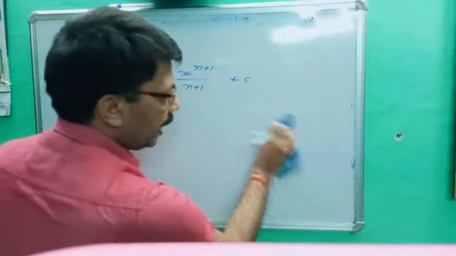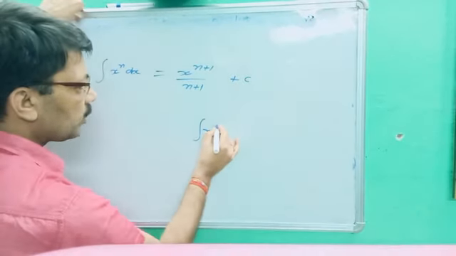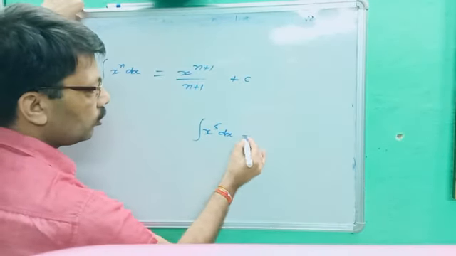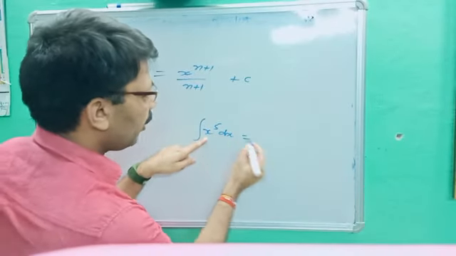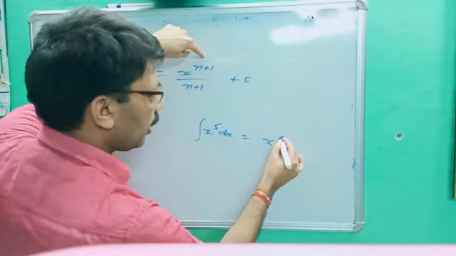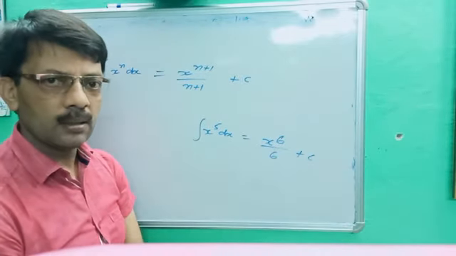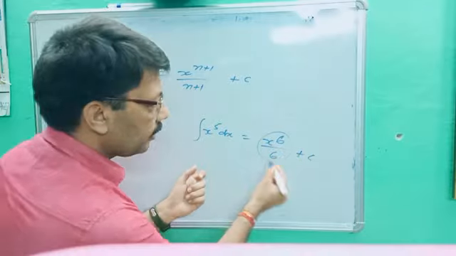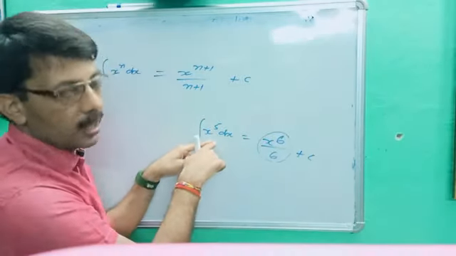Okay, I will put one example in front of you, then we will go ahead. Let's suppose you are given the integral of x power 5 dx. You have to integrate. What will be the integration? It becomes x power 5 plus 1, which is 6, upon 6, plus any constant c. Are you getting it? If I ask you to differentiate it, you differentiate. Its integration is that one, so its differentiation will be this one according to the definition.